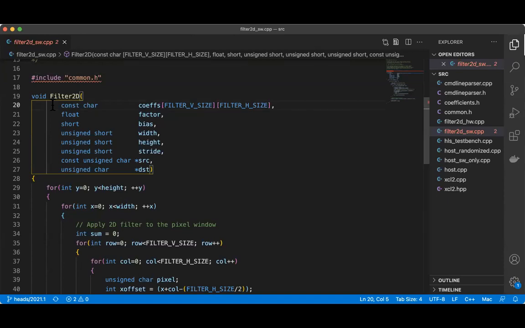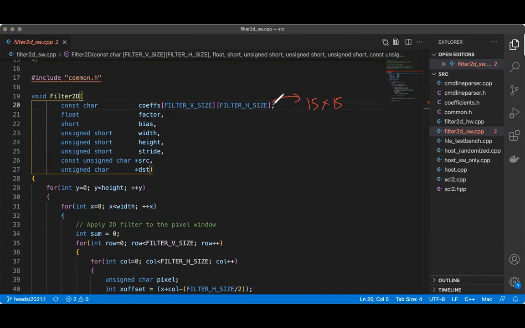They give the dimensions of the filter. In this particular example, the filter dimensions are 15 by 15.